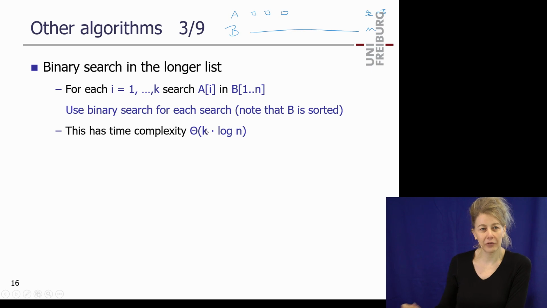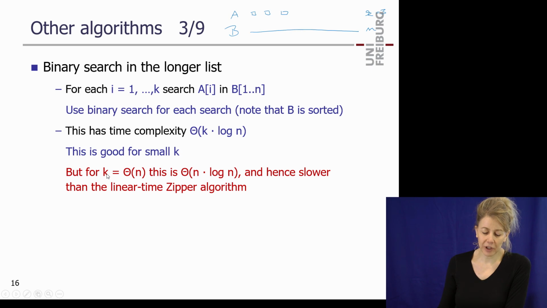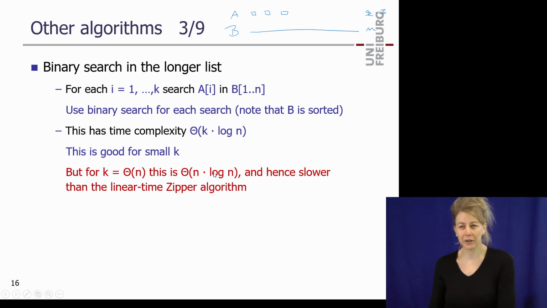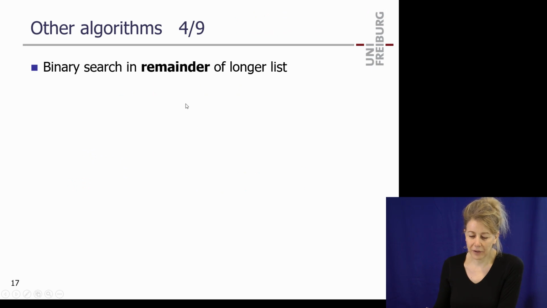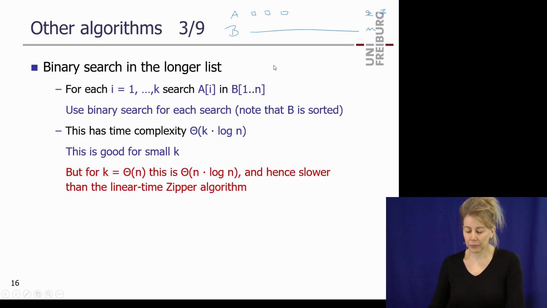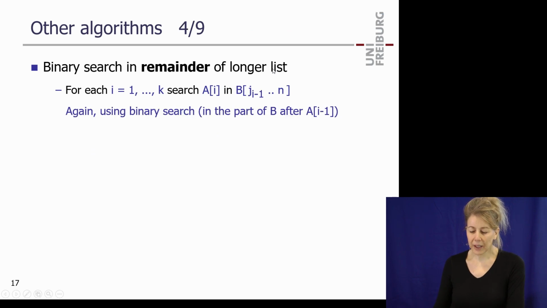If I have a small k, if A is just one element, it's log n. If it's 3 elements, it's 3 times log n, still log n. So it's great for small k. If k becomes large, on the order of n, then this becomes n log n eventually. Even if it's n over 2 or n over 4, something on the order of n, then this is not a good algorithm. It's actually slower than Zipper. But it's a good algorithm for small k. So let's elaborate on this idea. One obvious idea is